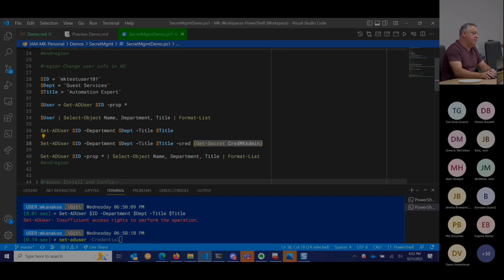I'm going to say Get-Secret, and the secret that I want to get is a name that I made up called cred mk admin. That's just a friendly name for the secret I made. You can call it anything you want. It just happens to mean, for me, that it's a credential and it's my admin account. It's just easy for me to remember. And so when I do that,